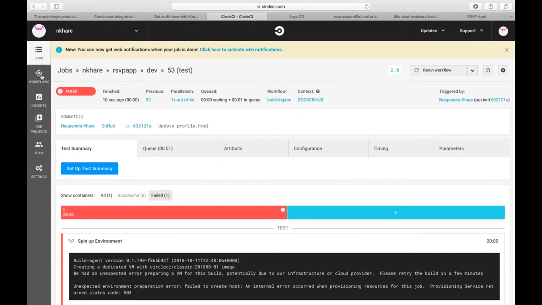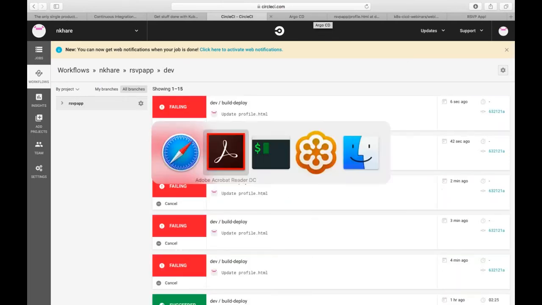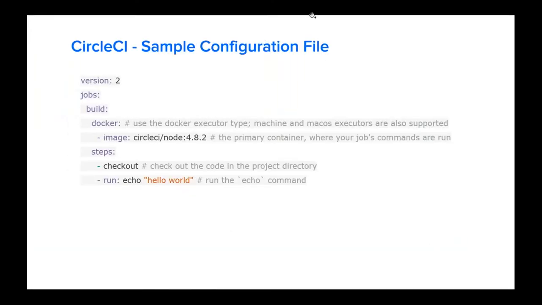Okay, so we assume that GitHub or CircleCI has done its job, and we have pushed an image to our Docker Hub account. So this is the workflow we are doing with CircleCI. You can also integrate with some deployment tool, like Heroku, which can push your stuff to the running environment as well. Okay, let's not waste time here. Let's go to the next thing.